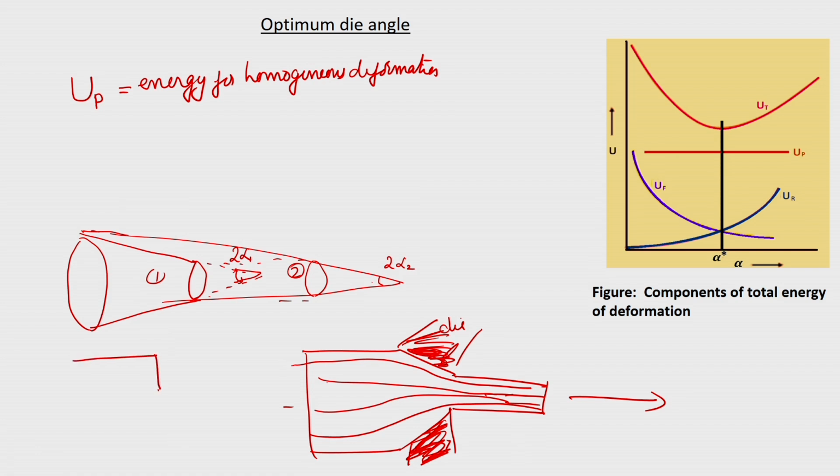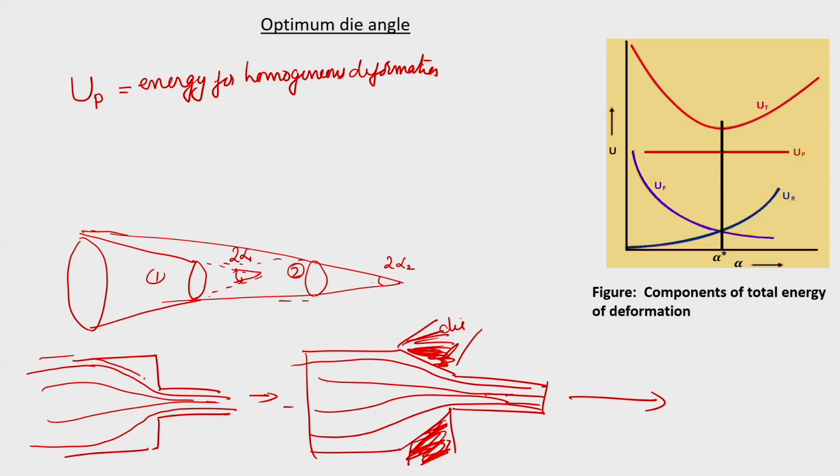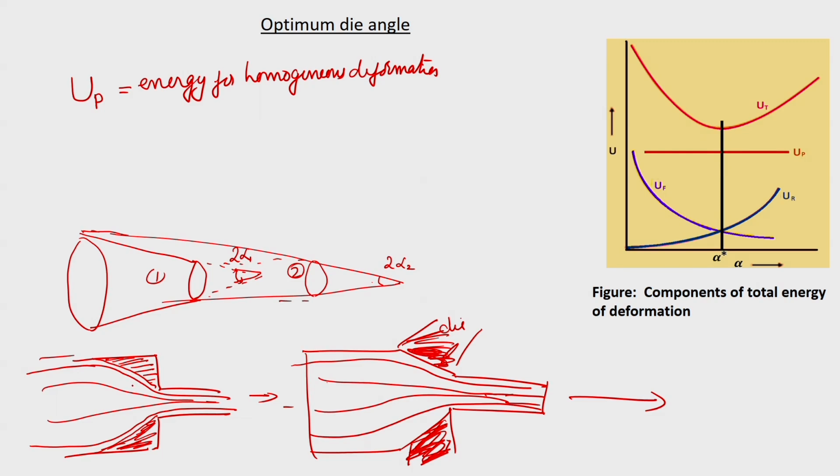Suppose my die was like this, where die angle 2 alpha is 90 degrees. What happens when the metal is pulled, it will just deform like this, and you will find that here there is a dead metal zone which is not going to flow at all, depending upon your frictional conditions and the die angle. So, beyond a certain increase in the die angle, this internal shearing of the material will take place. That means your redundant deformation has to be very high, because there is an internal deformation and change in the direction of the metal flow. So, that will result in a much higher amount of energy being required.